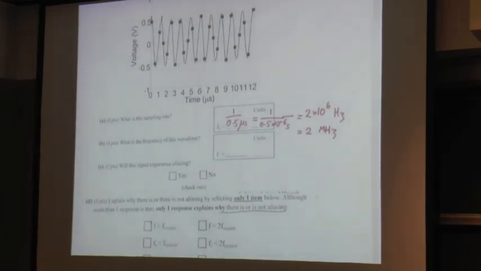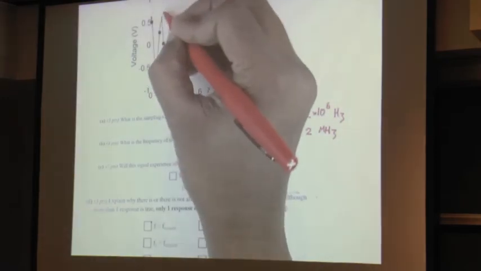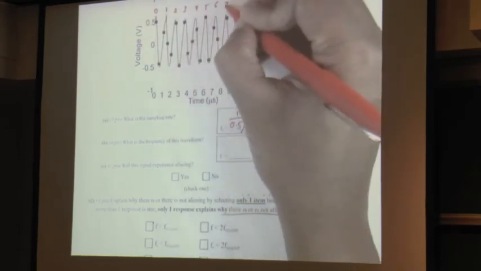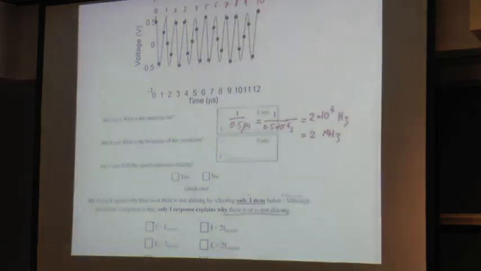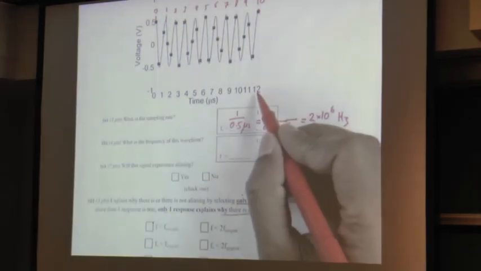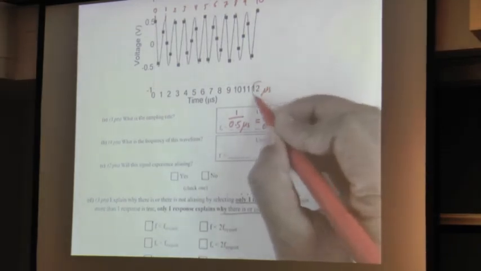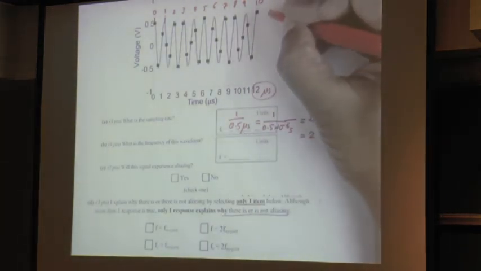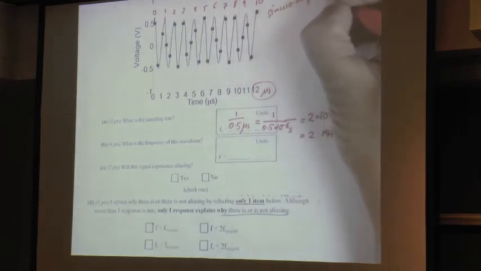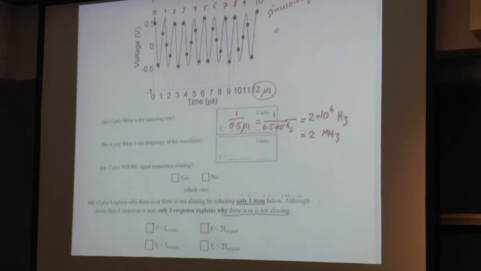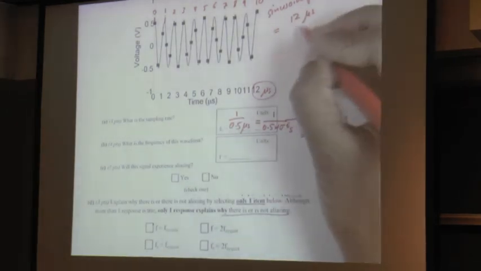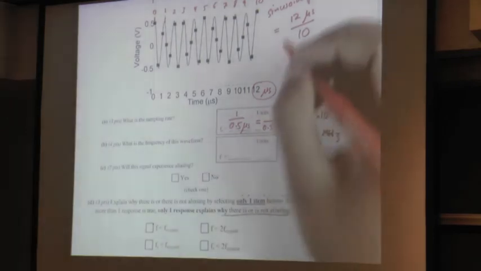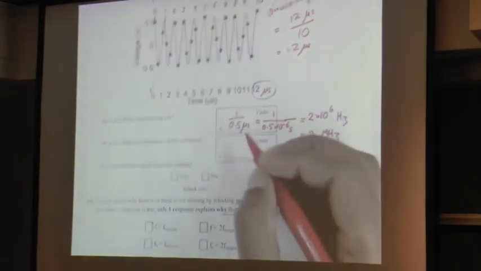You should take several periods of this sinusoid. So if that's the 0 point, that's one period. 2, 3, 4, 5, 6, 7, 8, 9, 10. So there are 10 periods depicted here. And the 10th one ends at 12 microseconds, right? 12 microseconds. So the sinusoid period is the total amount of time that has elapsed, 12 microseconds, divided by the number of periods, the number of entire cycles there. So the sinusoid period is 1.2 microseconds, and therefore the frequency